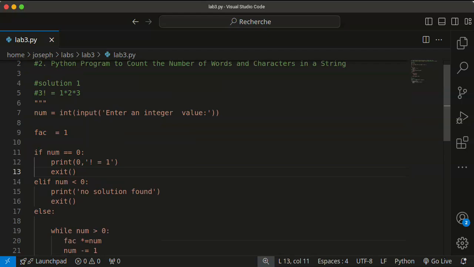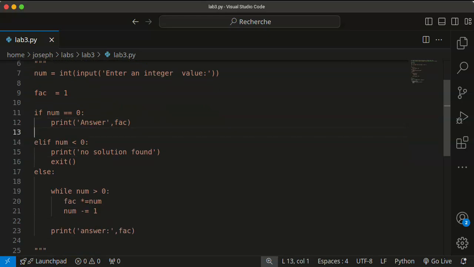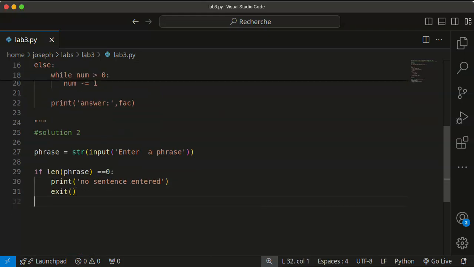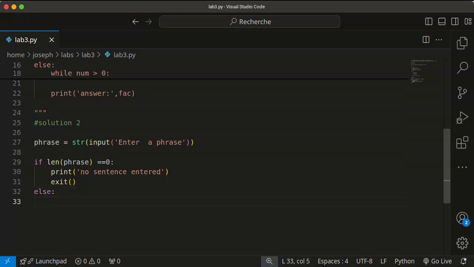So for this one, there are two ways we can do it. We can just print out the answer directly because it's already starting from 1, so there's no need. So now here, what are we going to do? Else,